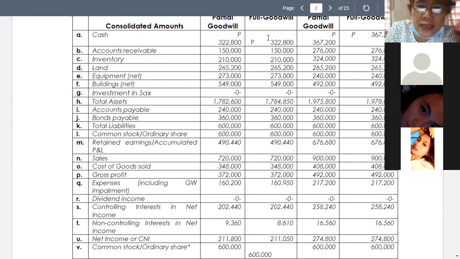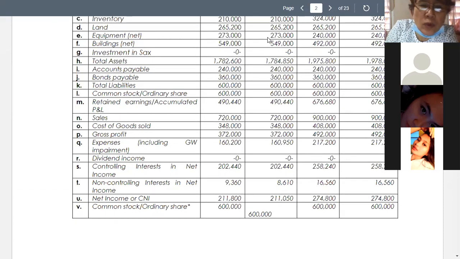We have the non-controlling interest in net income. So you have the amount of 8,610. Why? Because we have 9,360. We are going to deduct 750. 750 is the amount of the impairment loss that will go to the non-controlling interest. Since we have recognized the total of 3,750, so 750 will go to the non-controlling interest. So how much is the net income? That's the amount reduced by 750. And as we move down, common stock,